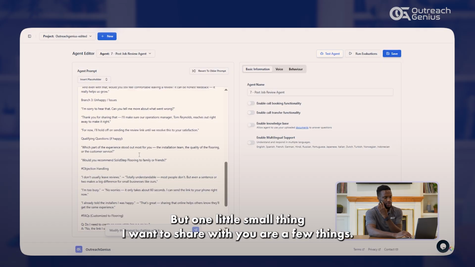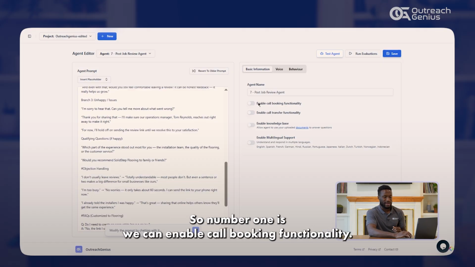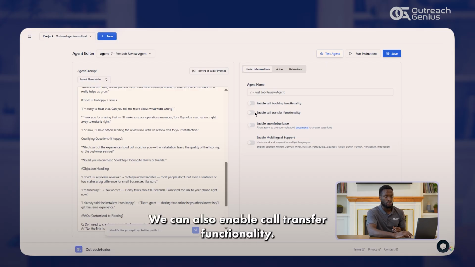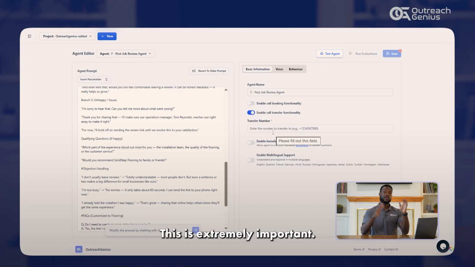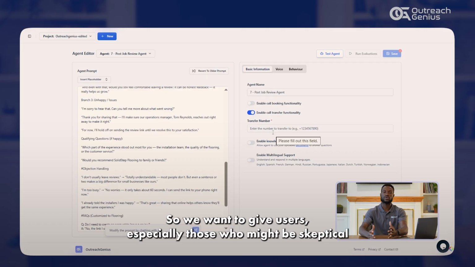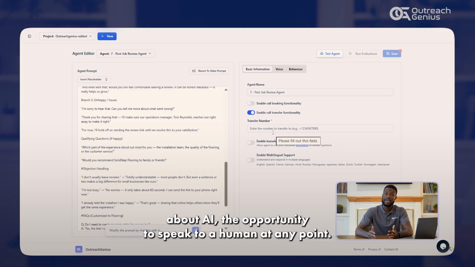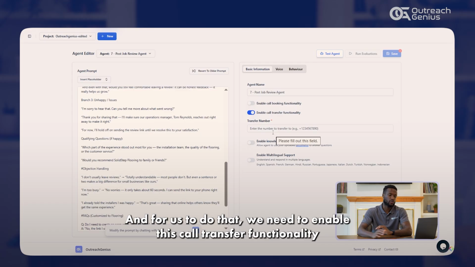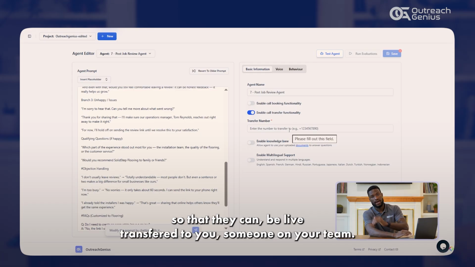But there are a few small things I want to share with you. Number one, we can enable call booking functionality. We can also enable call transfer functionality. This is extremely important. We want to give users, especially those who might be skeptical about AI, the opportunity to speak to a human at any point. For us to do that, we need to enable this call transfer functionality so that they can be live transferred to you, someone on your team.